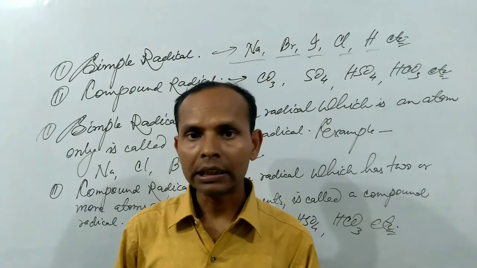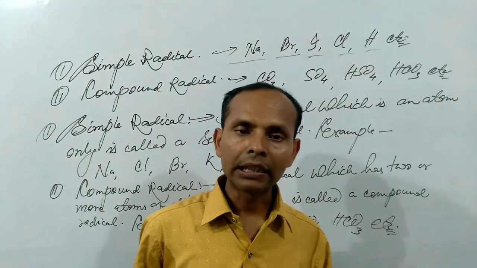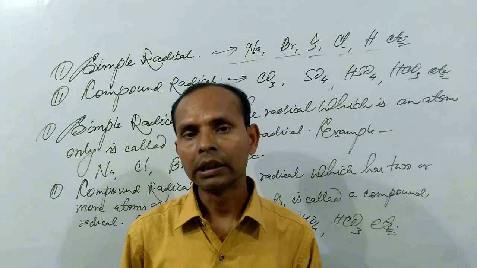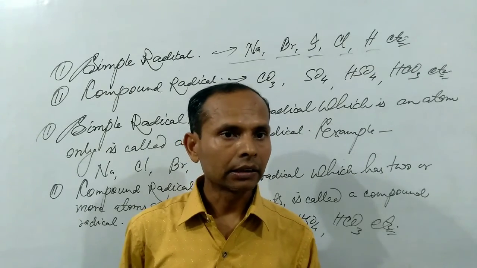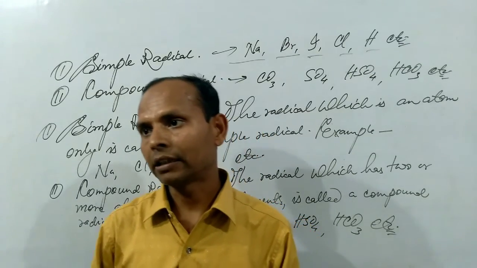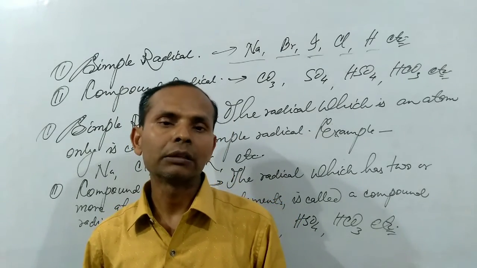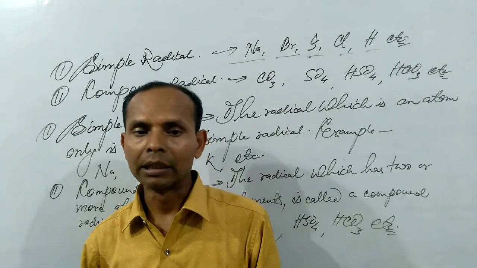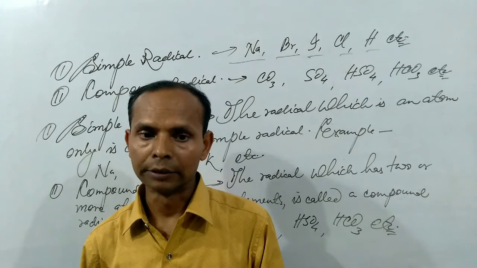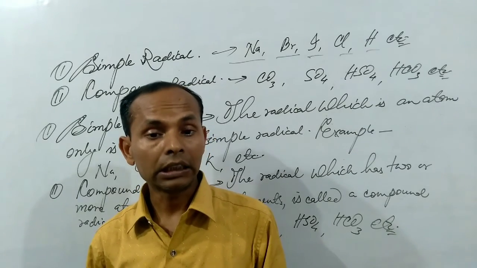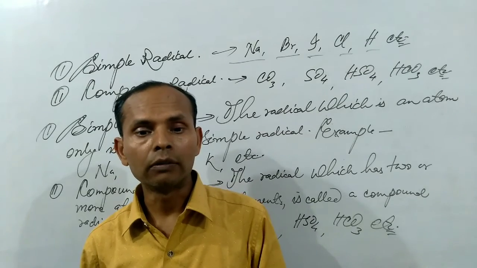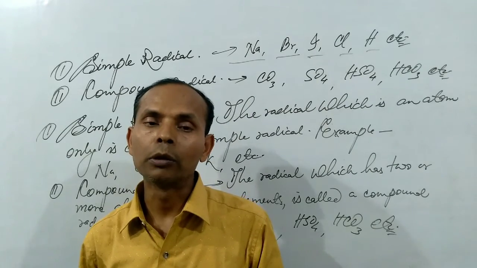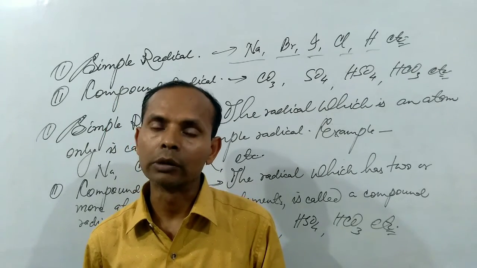Either acidic radical or basic radical has been classified into two different parts, simple radical and compound radical, on the basis of the number of atoms of different elements. In case any particular radical has only one atom of the same element, that is called a simple radical. But in case of a compound radical, two or more types of different elements are present. In the next class, we will study the symbol and valency of both the acidic radicals and basic radicals. This will be helpful for writing the chemical formula of every chemical inorganic compound.